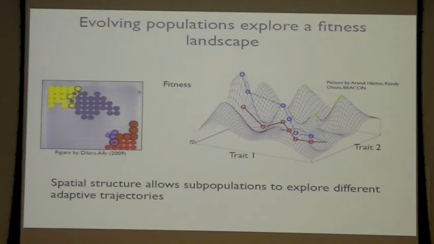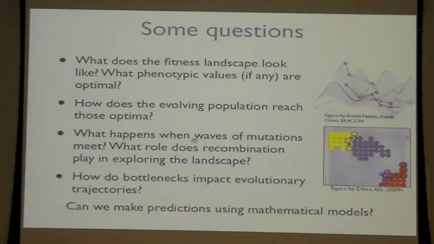So some of the questions that we can ask are, well, what does this fitness landscape look like? Are there any phenotypic optima? Does it help these populations reach these optima faster? What about the role of bottlenecks? How does that impact evolutionary trajectory? And what I was really interested in is, well, can we make predictions about any of these processes using mathematical